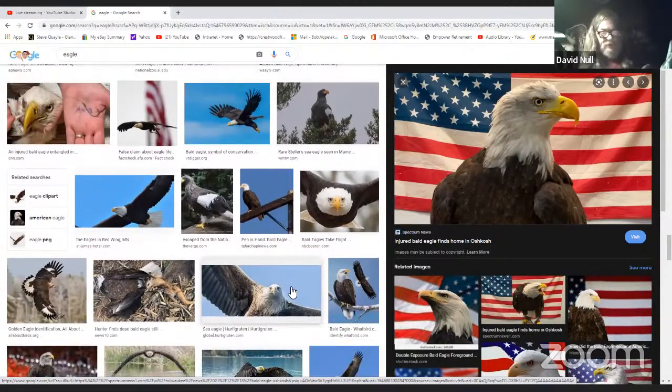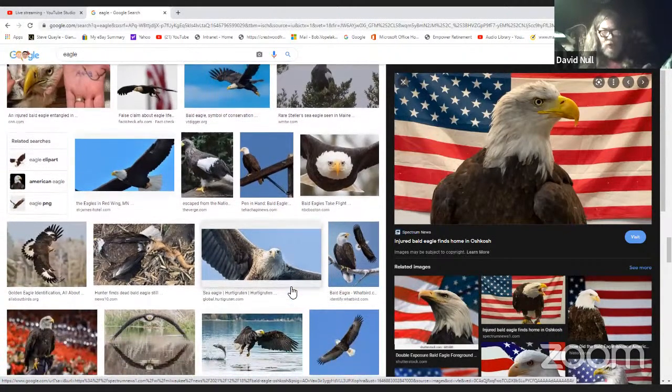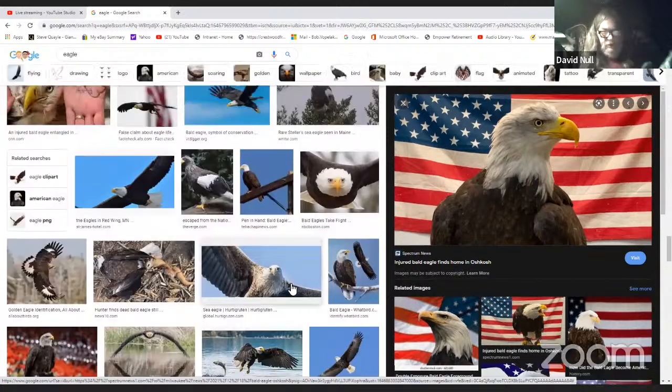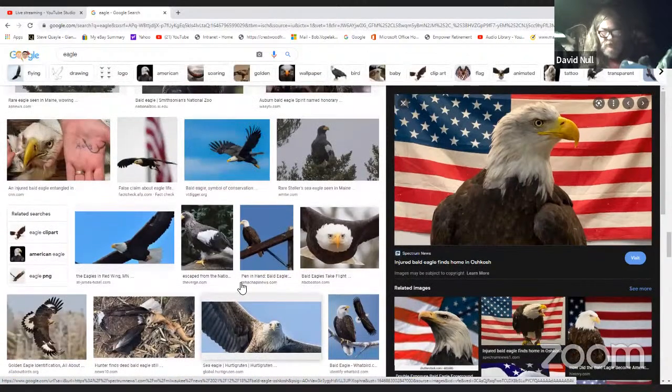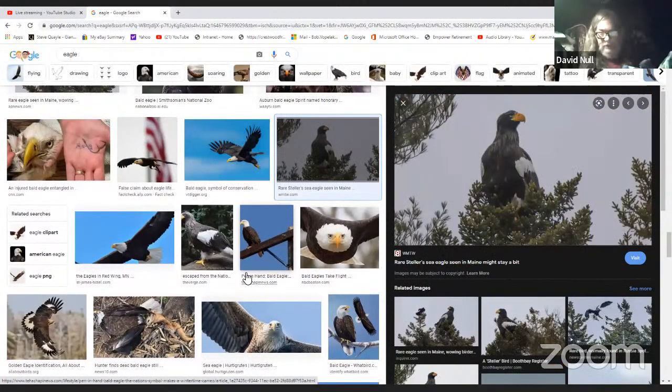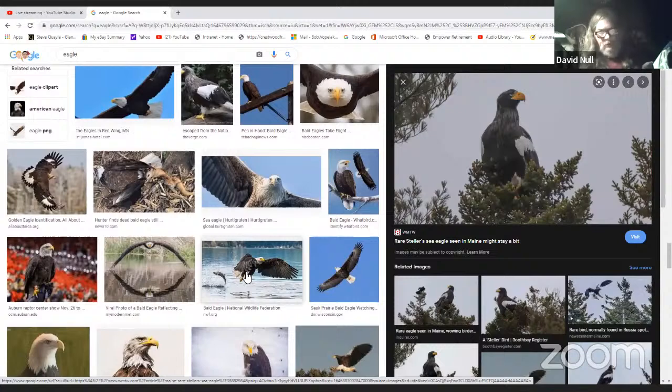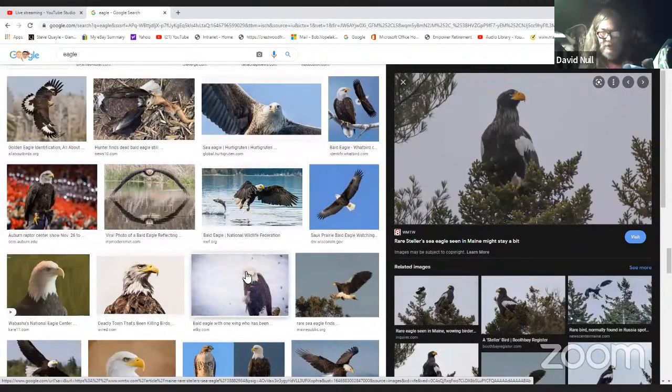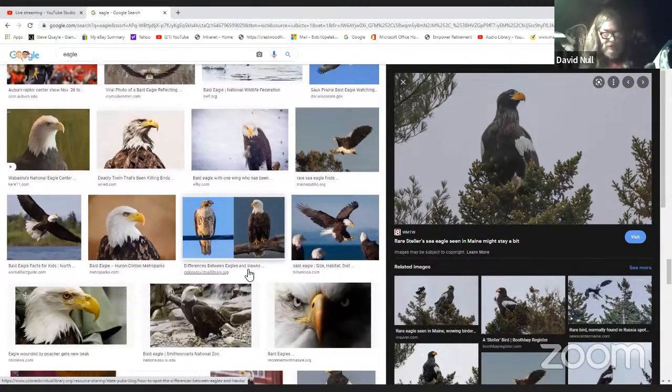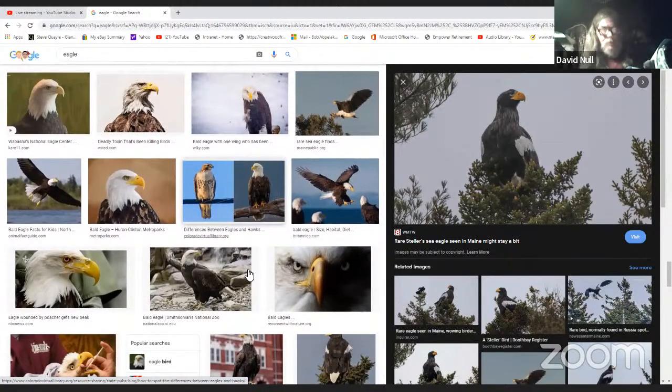The thunderbird to the Native Americans is most often depicted in the form of an eagle. This was the great spirit who controlled lightning and rain, punishment and reward. To the Plains Cree, all eagles had mystical power, and these powers could be shared by anyone who possessed part of the bird.